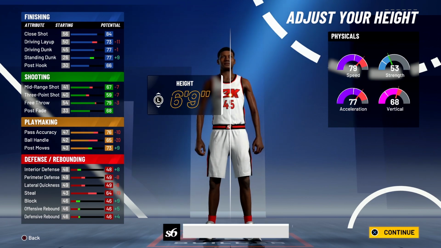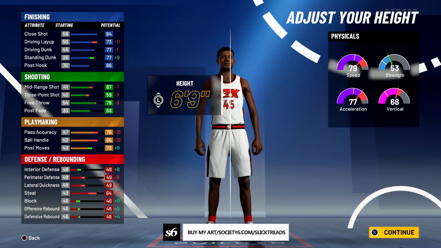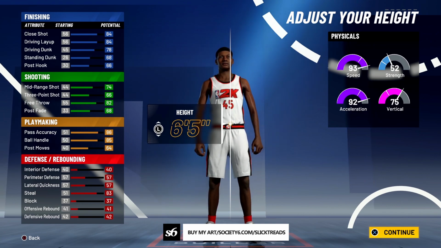You can mess with that if y'all want to. I want to go that height anyway. Now, another thing I noticed too, a lot of people I've seen, Schizo said this, is that if you go